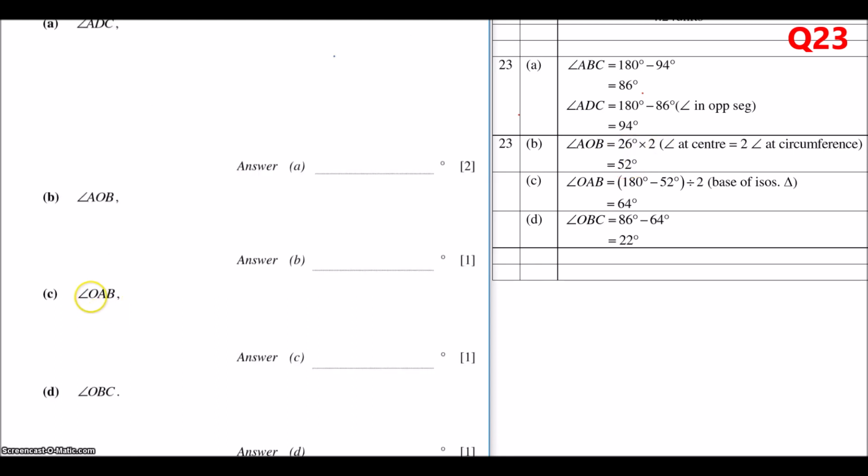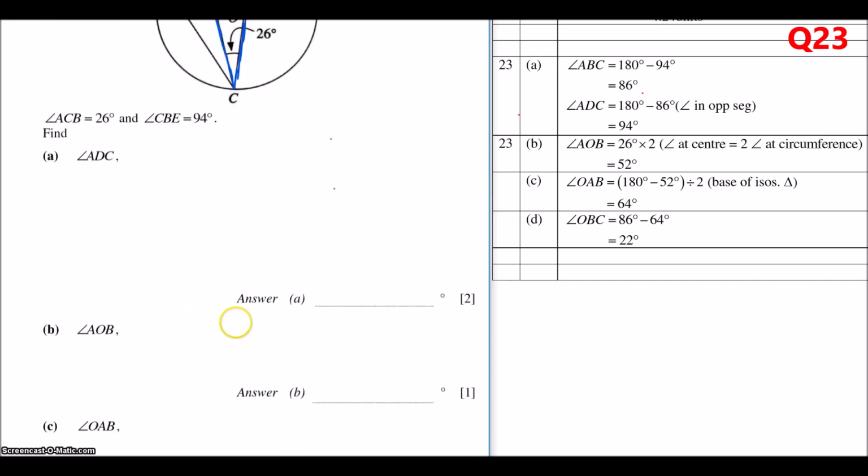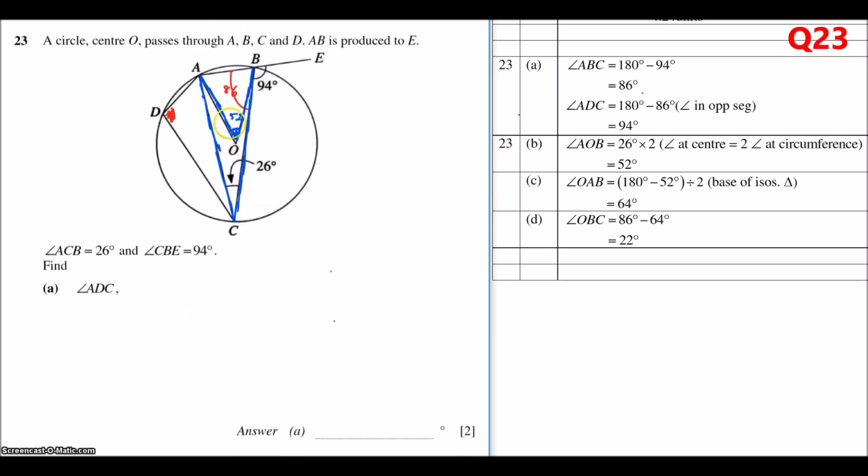So for the second last part, we want OAB. So let's scroll this up again. OAB, so we want this one. This triangle is the one we're looking at in blue, and you realize that this OA and this OB are actually radii of the circle, which means again this is isosceles. Once you know it's isosceles, that's why it's base angles, and then you divide. Okay, so for the last part,